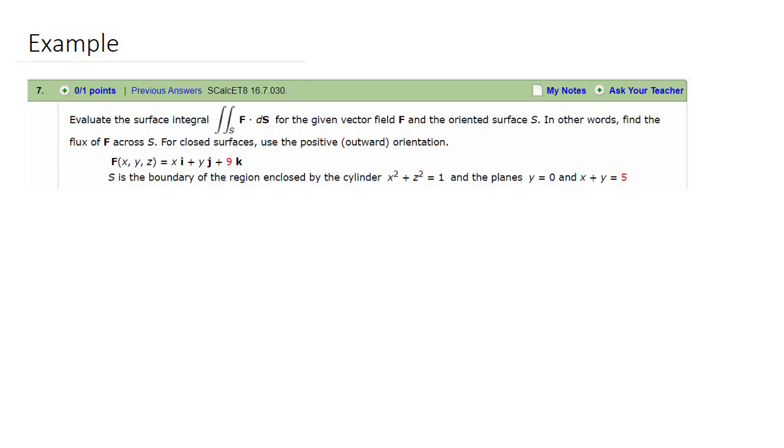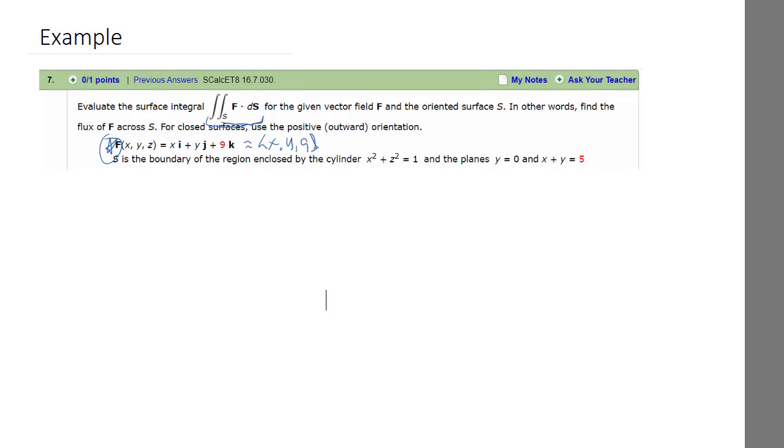Let's take a look at this problem from your homework assignment. This problem is asking us to find the flux integral of a given vector field on the oriented surface S. Your vector field is x, y, 9. And your surface is going to be the boundary of the region enclosed by a cylinder and a couple of